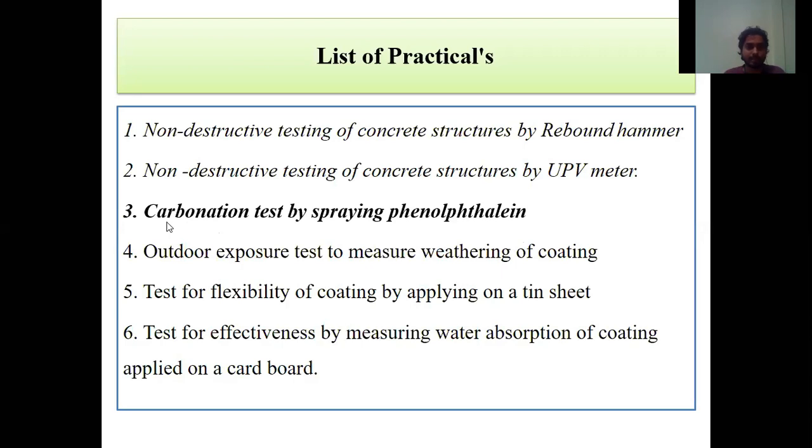And the next word is carbonation. Now what is the meaning of carbonation in chemistry? Carbonation is a chemical reaction process in which carbon dioxide reacts with a substance and makes carbonates or bicarbonates. So in this process of our learning, we are going to get carbonates. These are the two different things which we are going to learn.